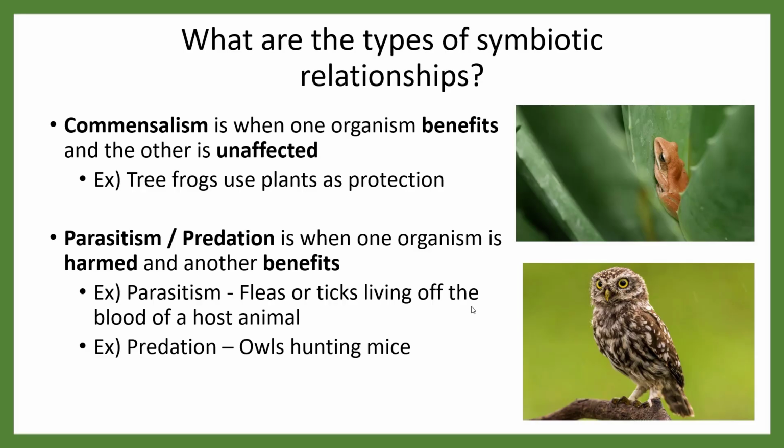So I got a lot of tree frogs in my garden, and they love my plants. They love hopping around on my pumpkins. Okay, great. What does the pumpkin benefit? Nothing. It's a zero. The tree frog gets habitat, gets protection. It gets a plus. Lichens living on trees are my favorite example of this. The tree doesn't care how many lichens are there, but if you got rid of all the trees, the lichens would instantly vanish because they need the trees. So they get the plus, and the tree gets nothing.